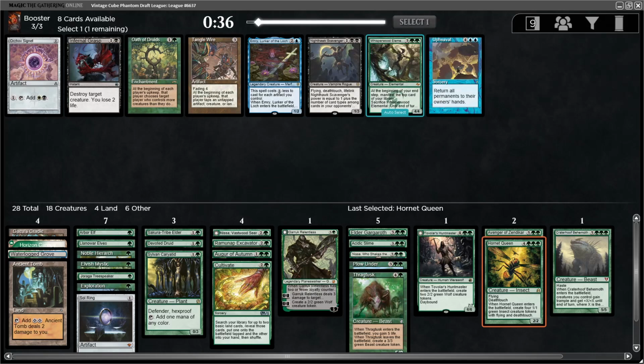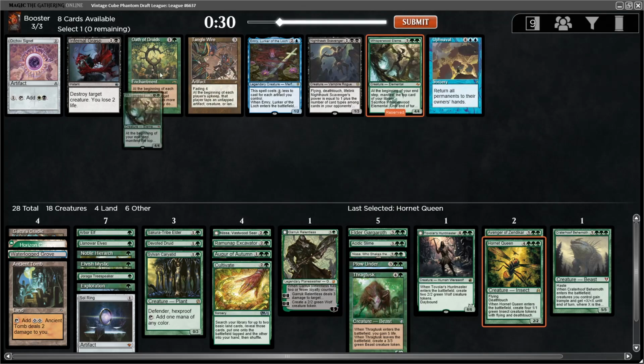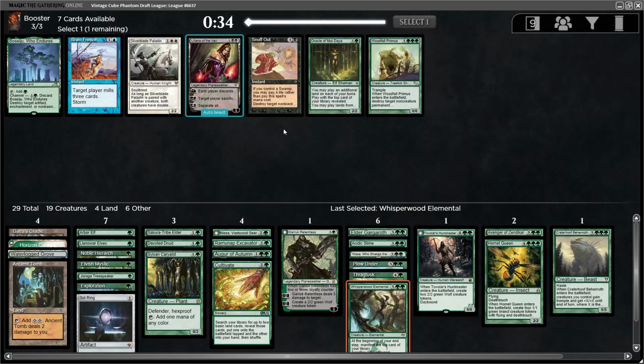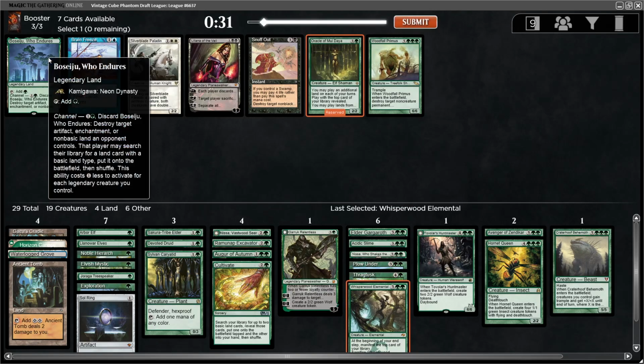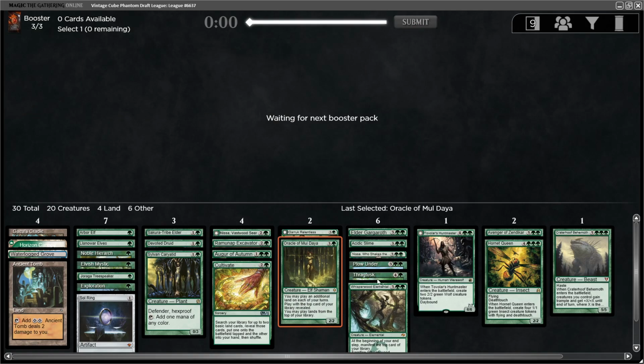Okay, Whisperwood Elemental is a card I actually kind of like. Yeah, we're not really an Oath of Druids deck. Wow, it all came back. Boseiju came back, and Oracle of Moldiah. We're taking the Oracle. Woodfall Primus as well, so crazy. So we can start cutting some of these top-end cards. We can cut the, like,